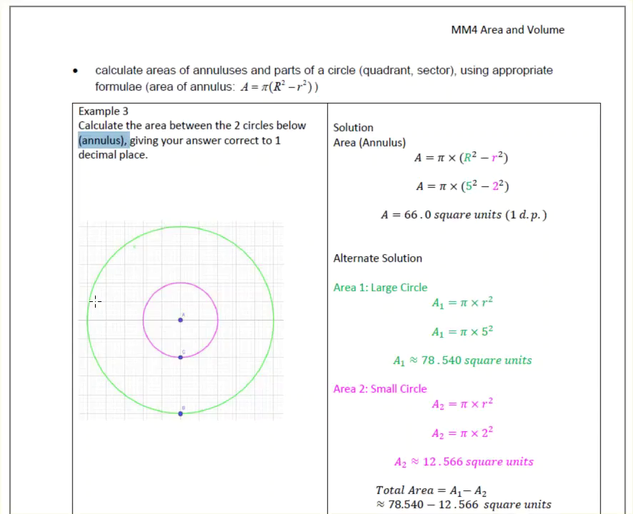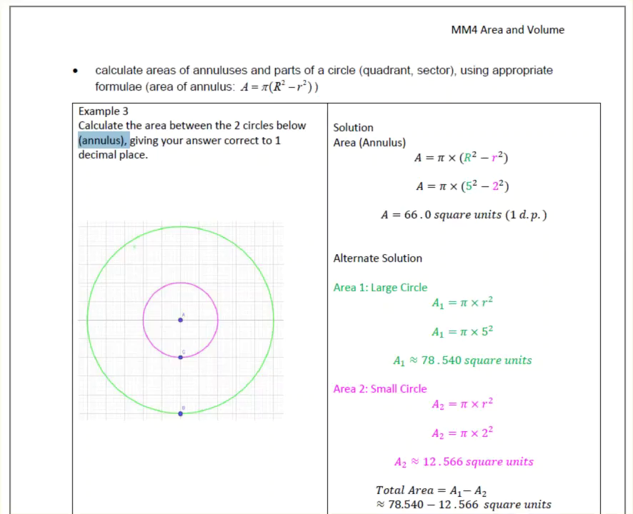We are finding the area between the green circle and the pink circle. So this area in here, which is kind of like a donut shape. So using the formula above here, we've got pi times the radius of the green circle squared, minus the radius of the pink circle squared. So the radius for the green circle, 1, 2, 3, 4, 5 units. Pink circle is 2 units. So we have pi times, in brackets, brackets are very important here, 5 squared minus 2 squared,